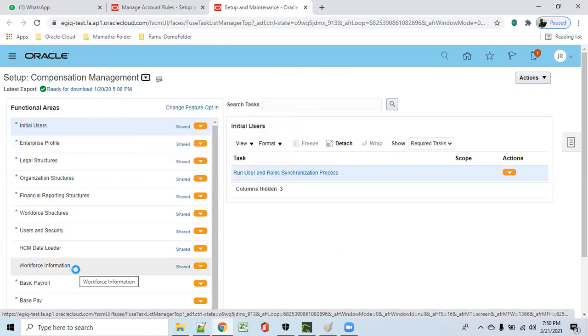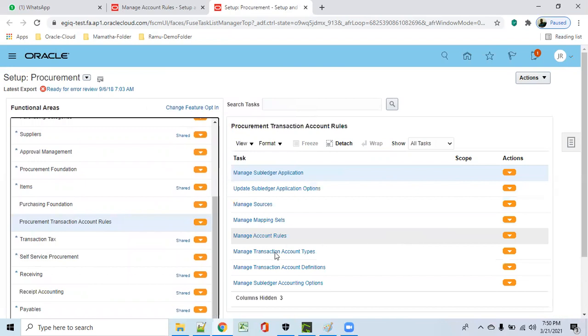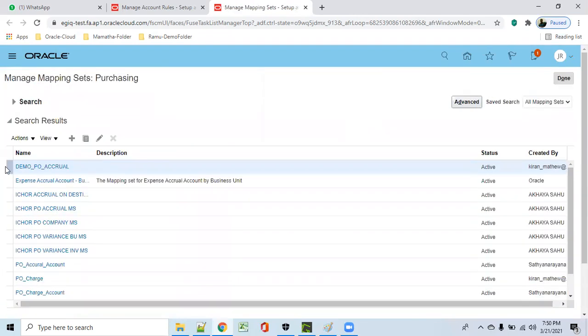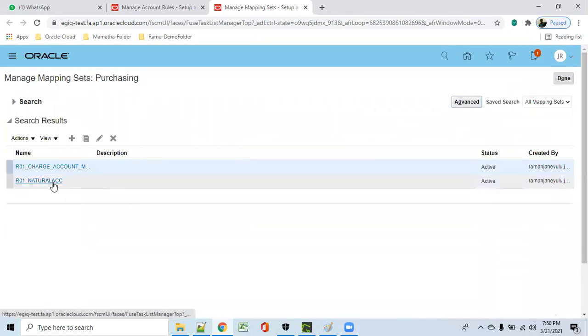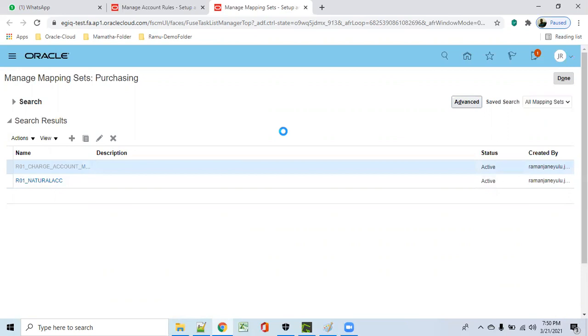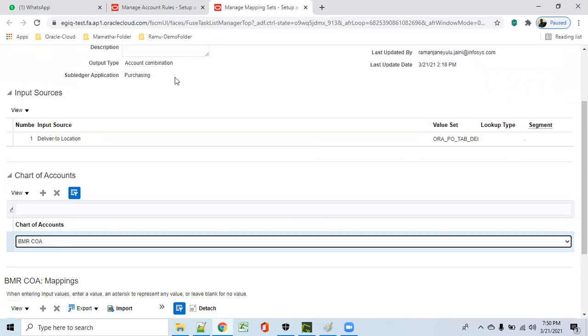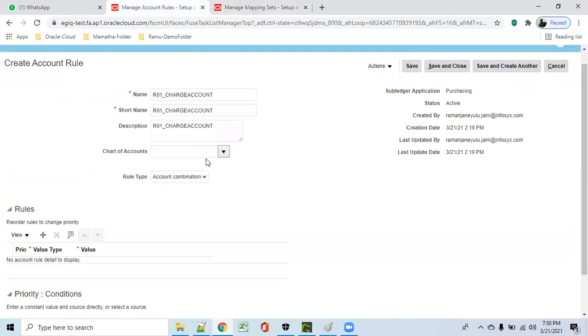Procurement, transaction accounting rules, mapping sets. So my mapping set is R01. You have to select this BMR COA. Go here, BMR COA. Search.